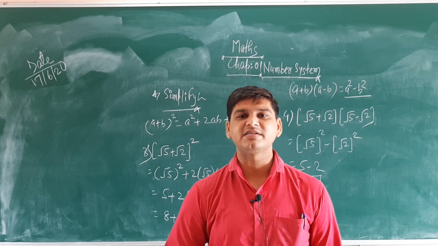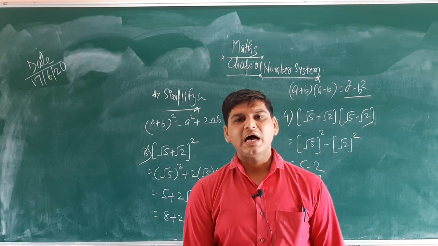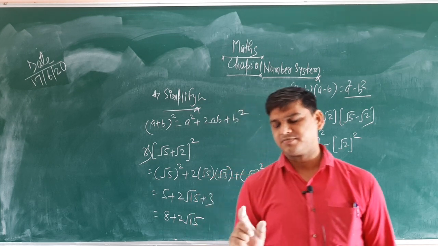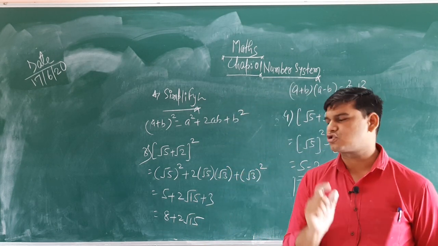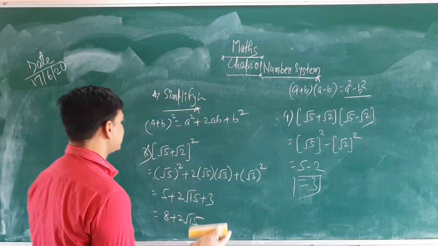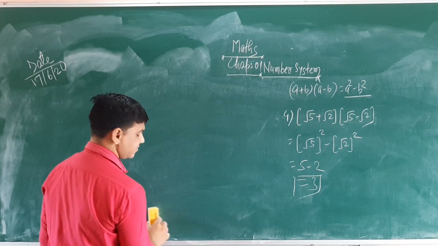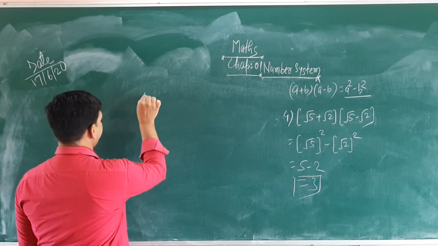So this type of problem can be classified and solved using the factorization methods we discussed in the previous standards. Another form is how we can rationalize the denominator. It is the same kind of question, but slightly different. We also discussed it in the previous class. So rationalizing the denominator is the next topic.